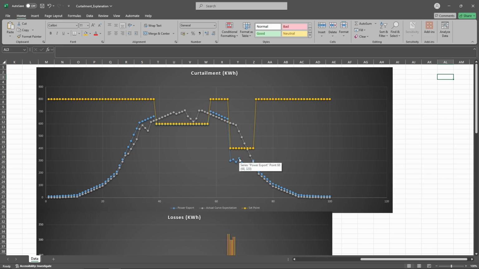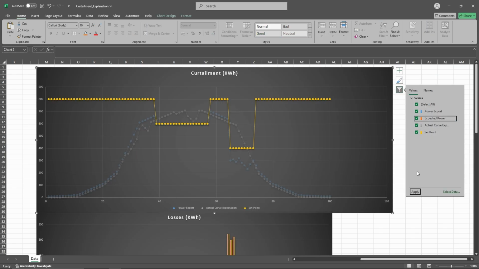This means that there are losses which my special curve did not account for, but these losses were not curtailment. So these are other losses, this surface area. This surface area is curtailments, and if I enable the expected power,